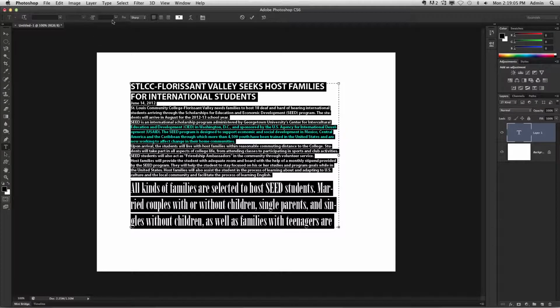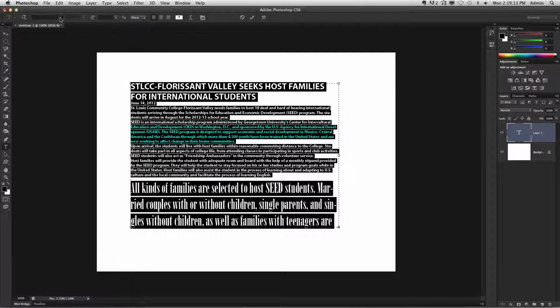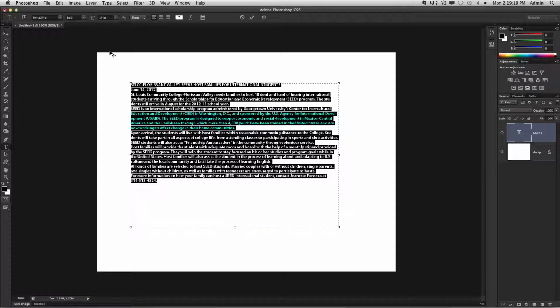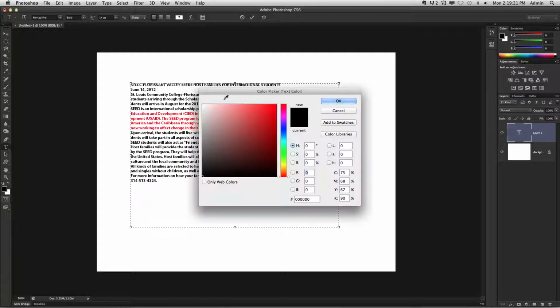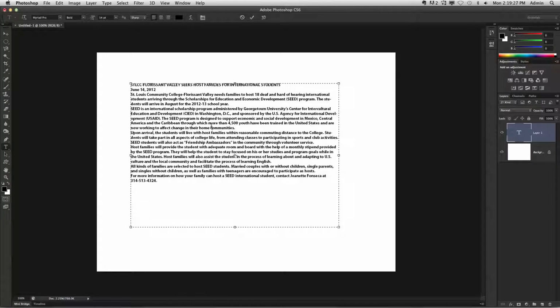Notice in my top menu bar that I don't have an option for font, and that's because there are several different fonts being visualized here, and I can combine them all back into Myriad Pro if I wanted to choose that. I can combine them all back into 14 point if I choose this option, make them all black again by choosing this option. So there are different ways to adjust your type for the most part,